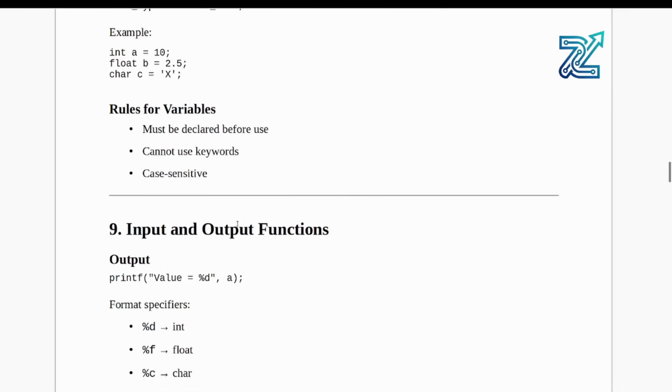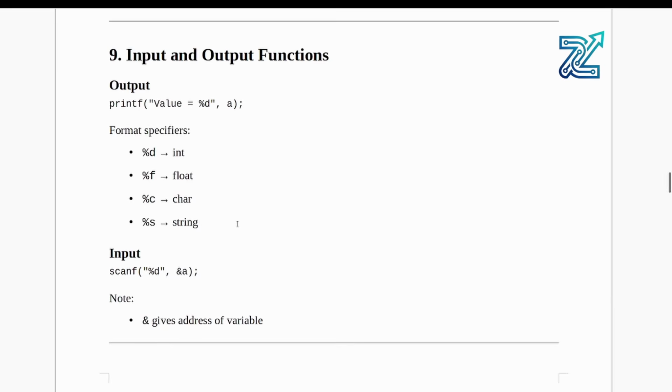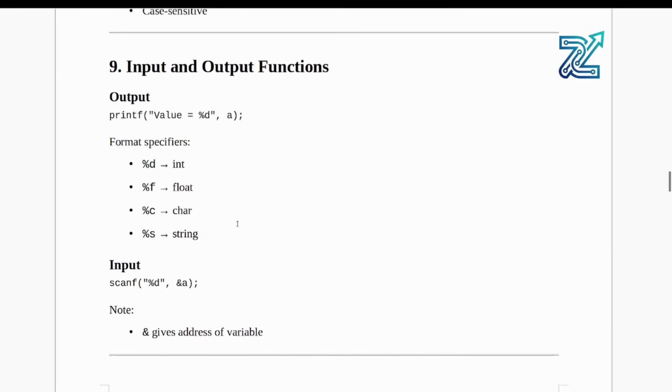So next we are going to see the input and output functions. Already we have seen our output function, right? We just printed our hello world. So using printf only we are going to print the values. We have seen just the text in double quotes, right? What if we want to print an integer value or float value? What are we going to do? For that we have format specifiers. So what does format specifier mean? For every data type we have a format specifier. The format specifier refers to which type of data type I am going to print or get